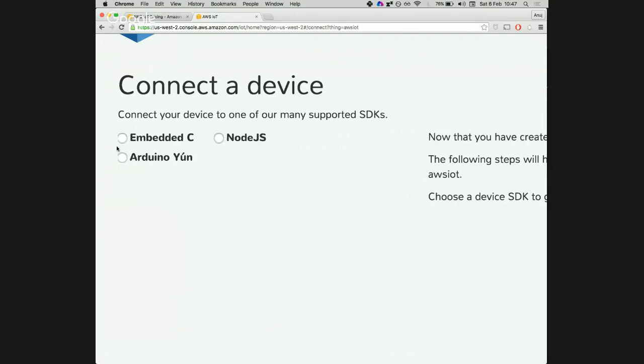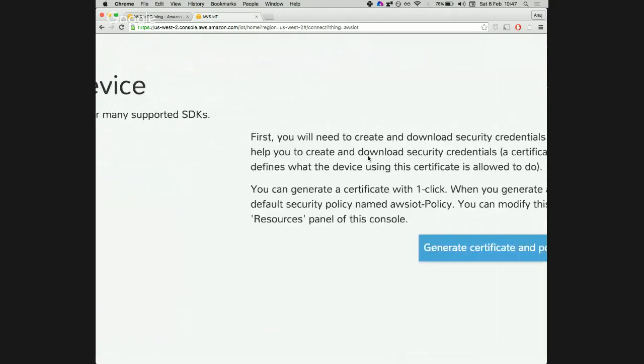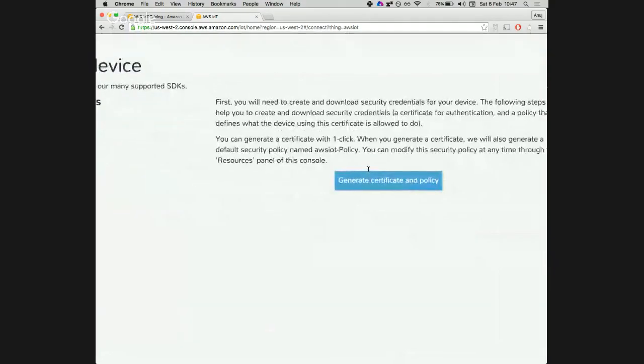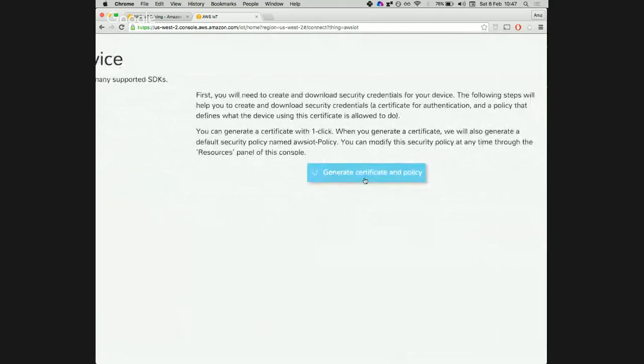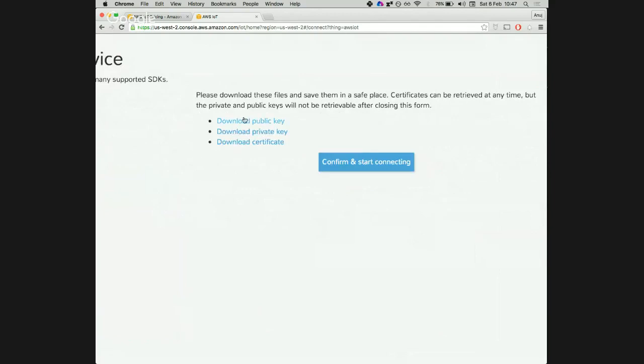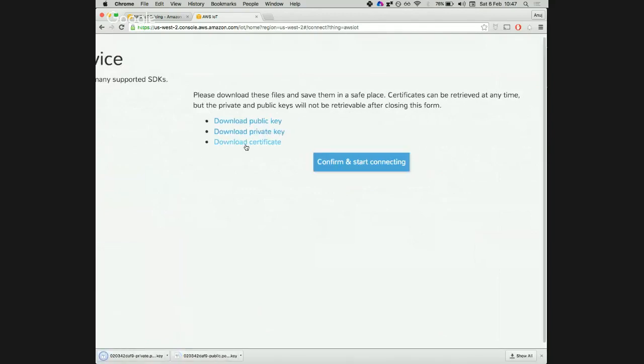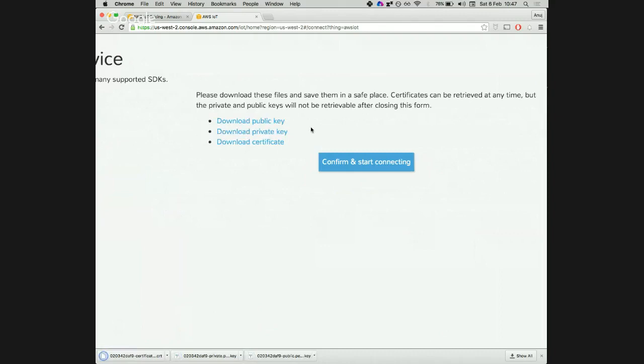So I'll be using embedded C, and the next thing it says is that first you will need to create and download security credentials, etc. And it will create a certificate and policy, and then I can download these 3 things. Right? We don't need the public key. We are only going to need the private key and certificate that we have to put on the device.